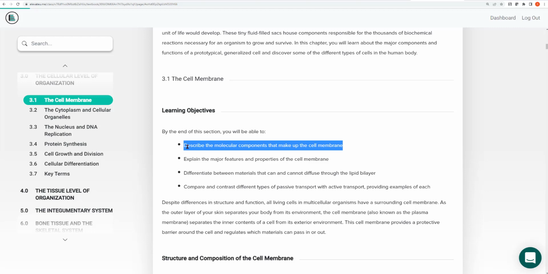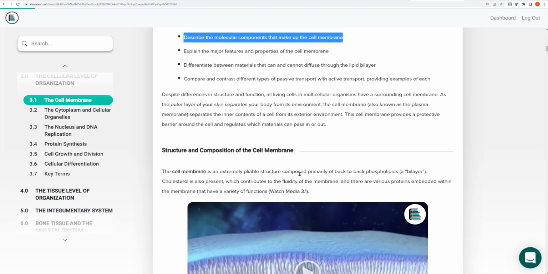We are going to better understand what cell membranes are made up of, how they operate, how they allow some things in, and why they don't allow other molecules in or out of the cell. And we'll be comparing different mechanisms by which cells allow molecules in and out. So we're going to spend most of our time here in this presentation, at least in the beginning, really focusing in on the cell membrane.